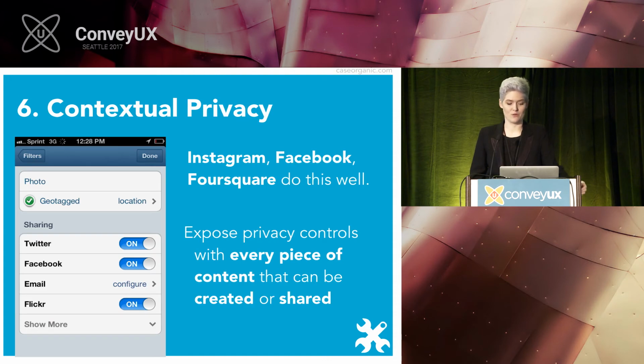Contextual privacy. This is a very old screenshot of Instagram when they first started doing this. But what they said was, when you share a photo, it will allow you to have these sharings and permissions right when you post it. So instead of having an app, when you download it, say a kind of binary of, this app wants to use your location, this app wants to use your contacts, this app wants to use your camera, only when the app needs to use that thing should it ask permission for it, and it should tell you, this app wants to use your photos for the purpose of whatever you need it for, so that people know